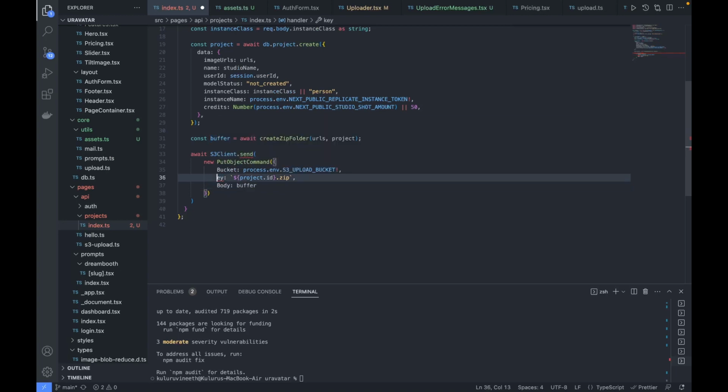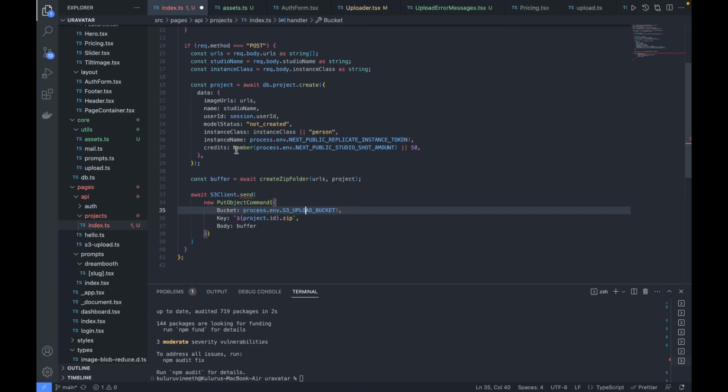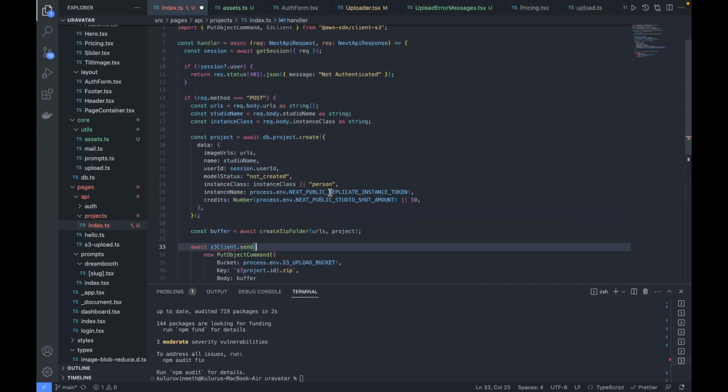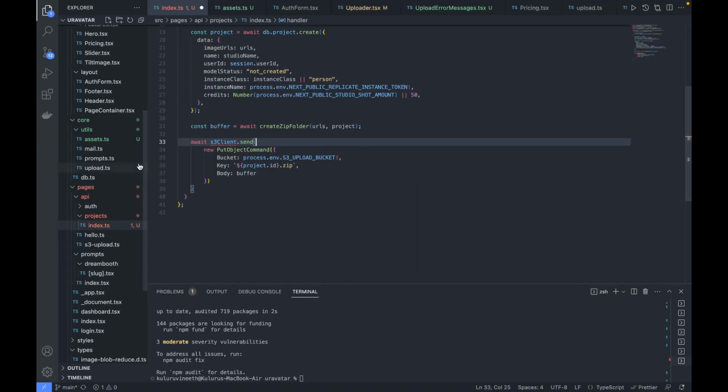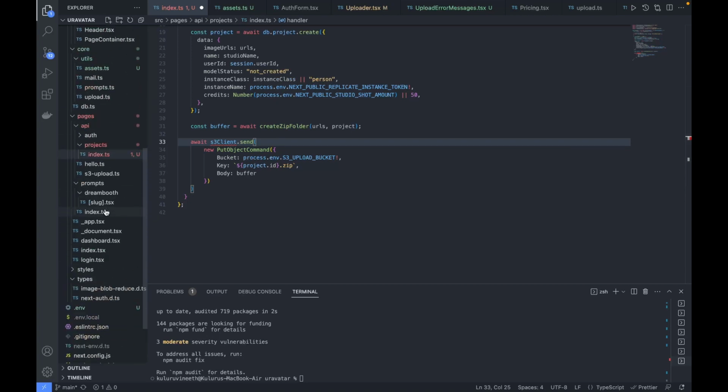Okay, this is capital key, and S3 client. So let me import first. Let us create the S3 client. By going to our utils part,